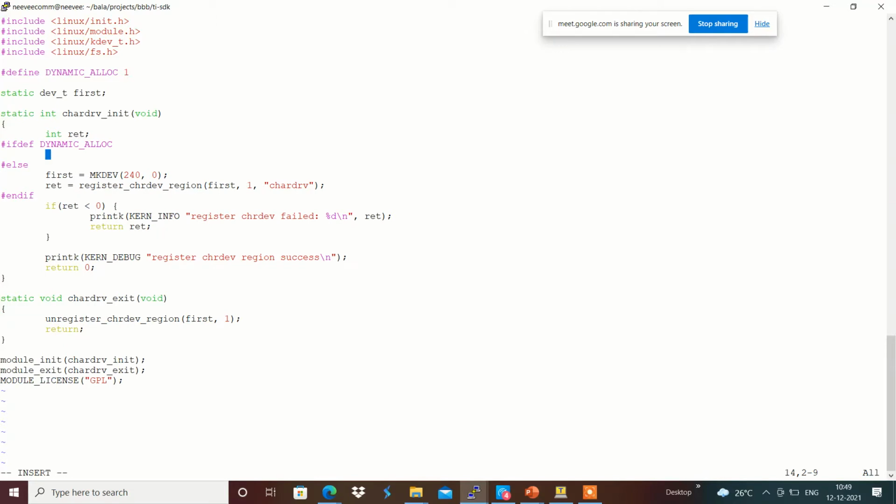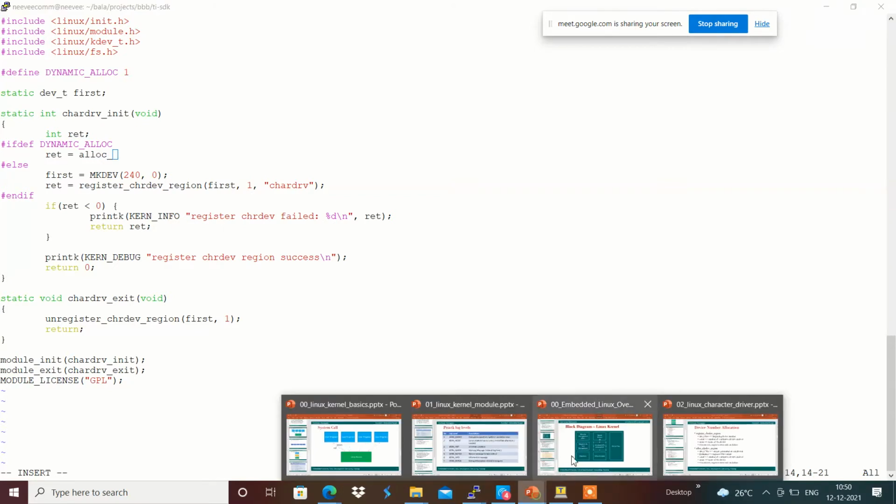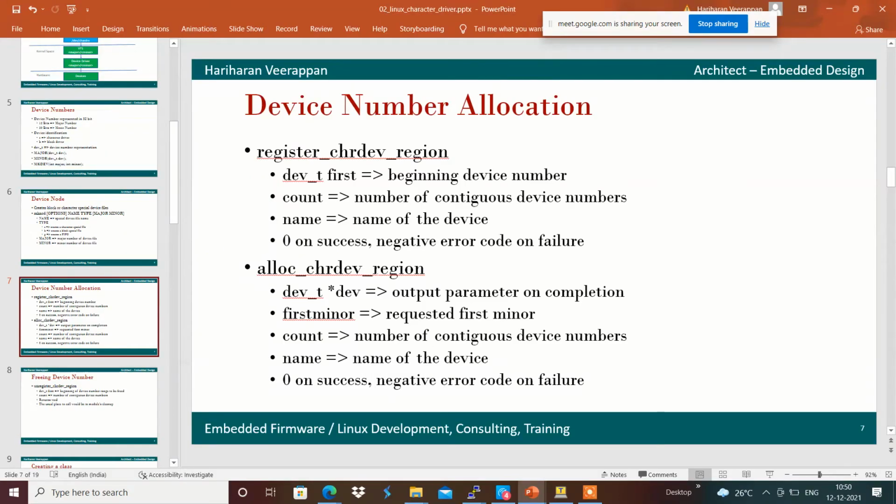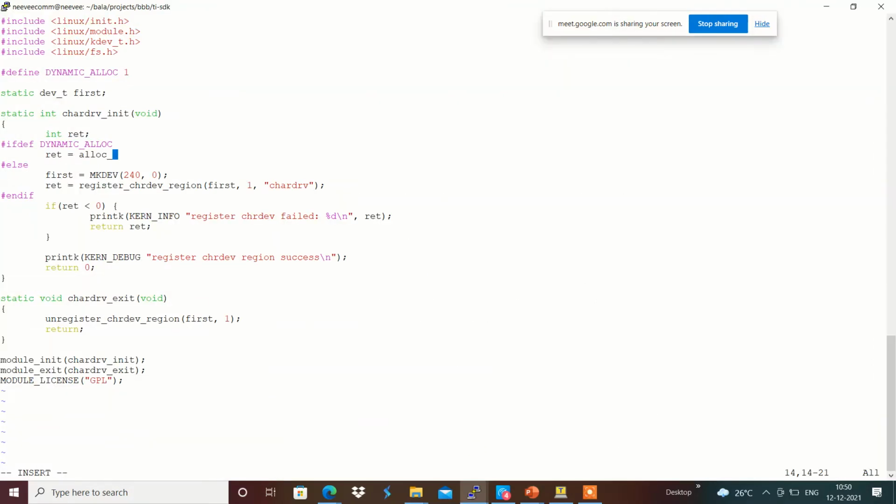Here I am going to use return equals alloc_chrdev_region, that we are going to allocate accordingly.